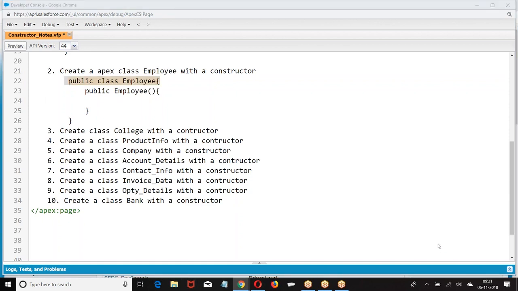We generally go for a lower camel case when we write a method. But in the case of a constructor, I told you it's a special method. The naming will be exactly the same name as the class. Whatever name you gave for a class, the exact same name should be applied for the constructor. So don't apply the naming convention on the constructor. I hope you are good with that. Is everyone clear with that example?